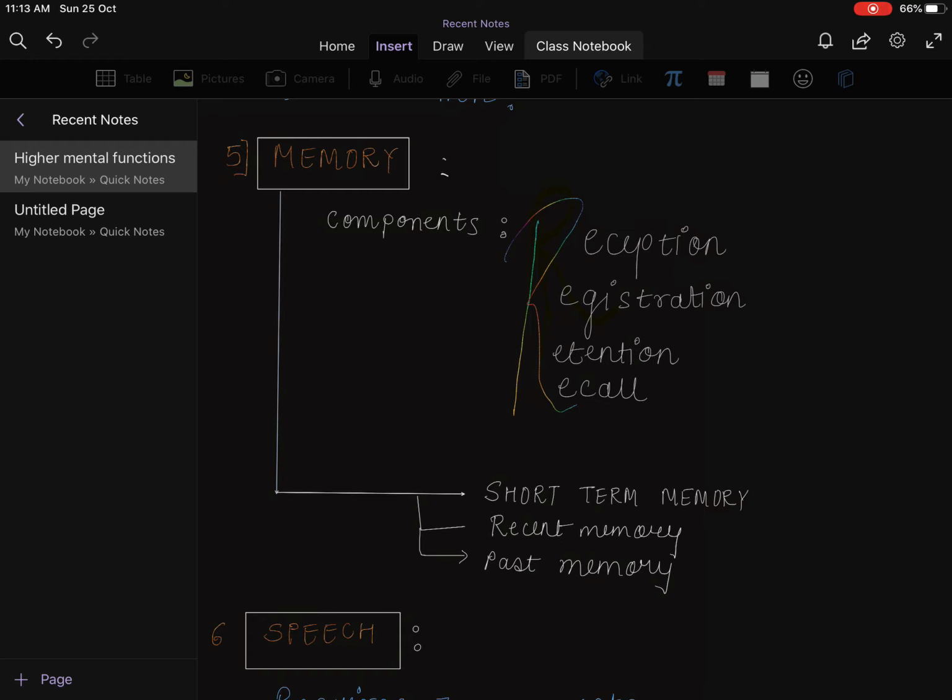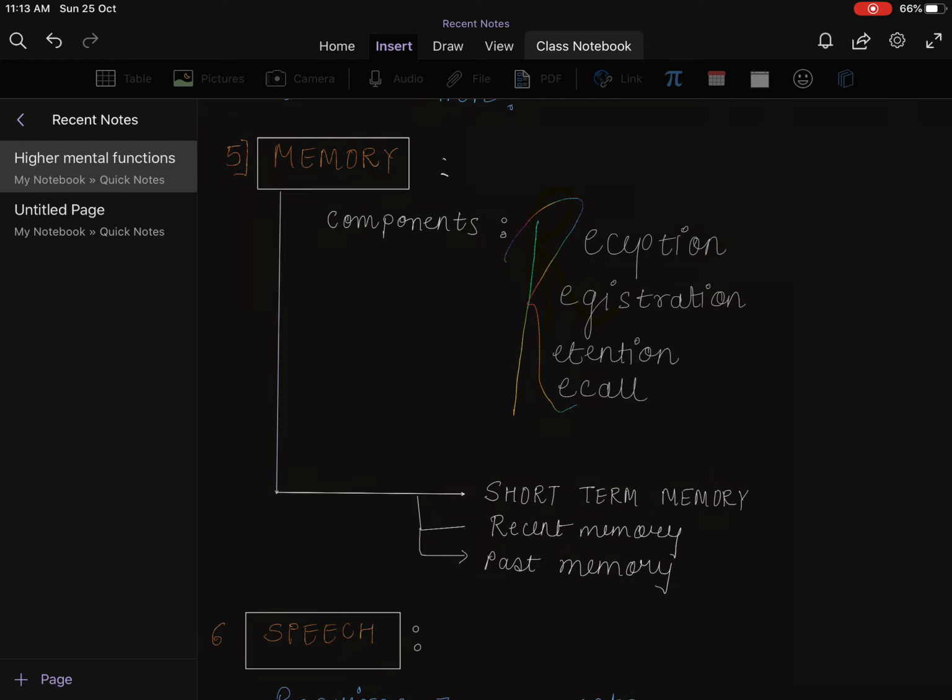Now coming to short term memory. Short term memory is memory which lasts for 30 seconds and it is tested by the digit span test, which I already talked about. So you ask whether the patient can repeat 7 digits forward and 5 digits backward. Give him any random numbers, 7 digits straight forward, like 3, 18, 21, 74 and so on, and 5 digits backward, which goes 100, 89, 78, 64, 59. And this is one way you can test the short term memory.